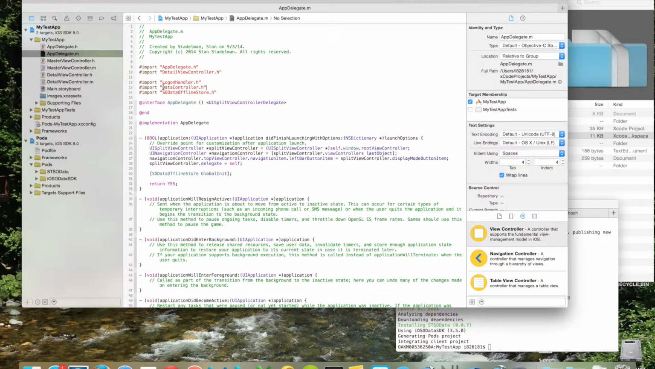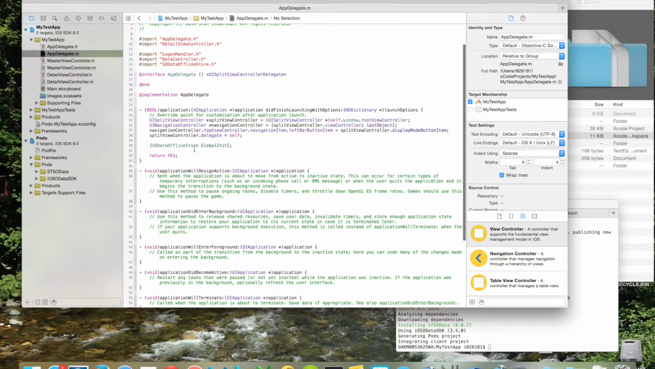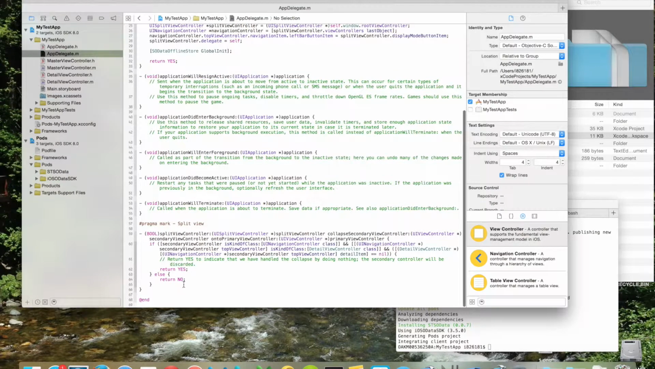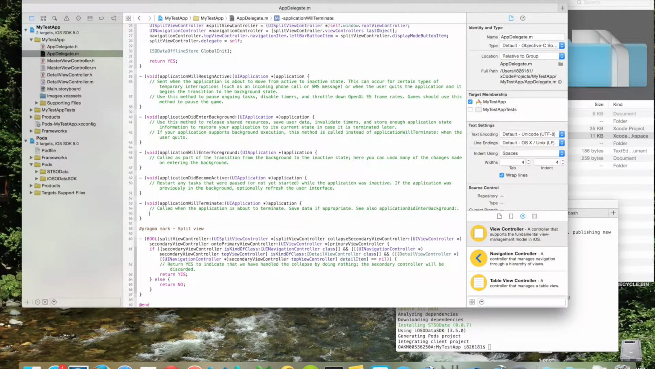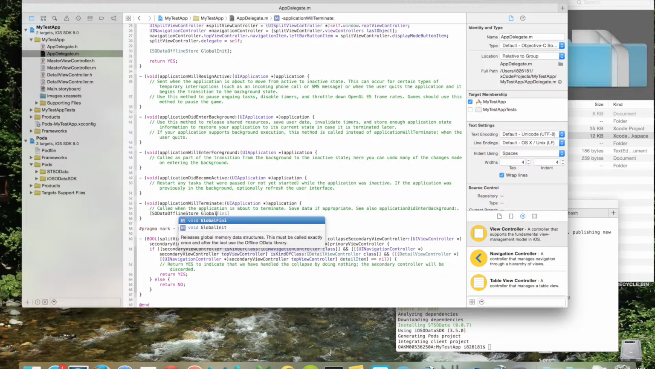So if you are using that type of offline store, then you'll need to always, in did finish launching with options, use a global init, and then in will terminate, use a global finish. Okay. So we'll terminate. I will add that here. SODataOfflineStore global fin. Okay, so